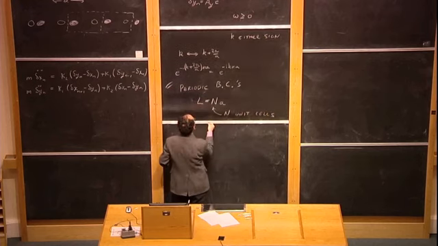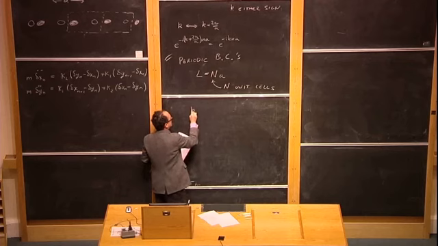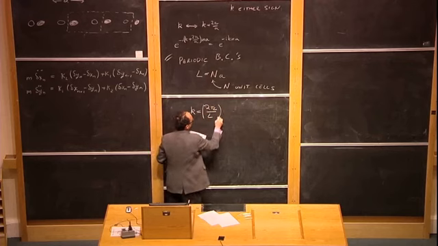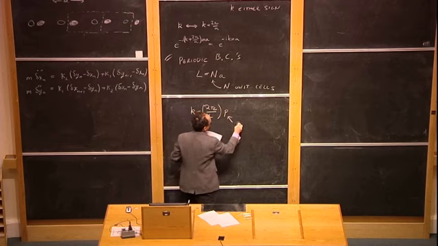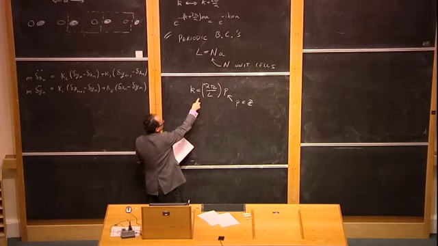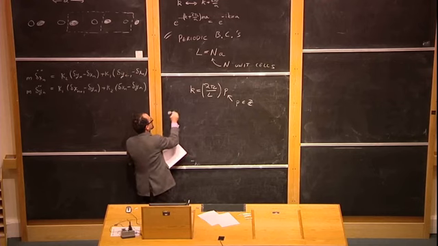And if we have a system of size L, that means the k's must be, on a periodic boundary condition, 2 pi over L times p, where p is an integer. So the spacing between different possible values of k is 2 pi over L. So now if we want to count the number of different k's,